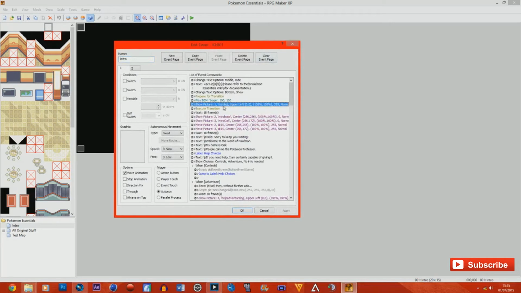So intro background, as you can see in the little show picture 1, intro background. See, that's the background which I had as Luxray, I think. I believe that's it. Execute transition. Okay, intro base center. This is the little green patch that I was on about. Intro Oak is picture 3, which brings in, and this little